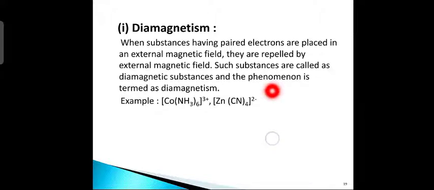The diamagnetism arises from the motion of charged paired electrons in an applied magnetic field. It may be pictured as arising from the circulation of electric current in circular wires. The interaction between the applied magnetic field and the electric current causes the electronic orbit to precess around the direction of the applied magnetic field. This precession is known as Larmor precession. This Larmor precession of electronic orbits also produces a magnetic field in the direction opposite to the applied magnetic field. Hence, diamagnetic substances are repelled by the external magnetic field.